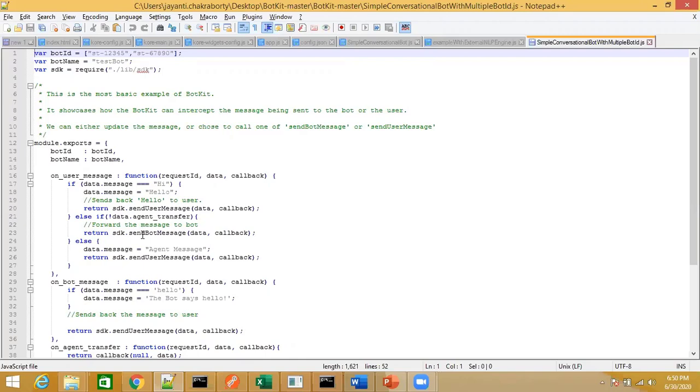Okay, so you can do it either through the bot kit or through the universal bot. I personally feel universal bot is an easier approach because there you do not need the additional bot kit. You do not need any other server from where you need to install your bot kit and do all this integration. But if you already have your bot kit and you do not want to create a universal bot, you can do it from the bot kit layer as well. Okay. The other files for agent transfer.